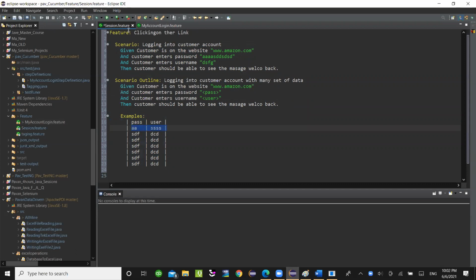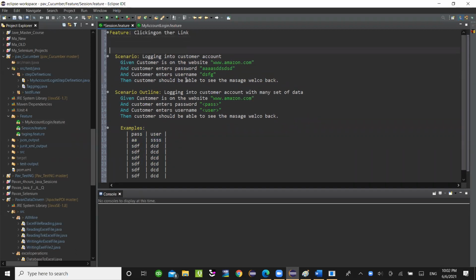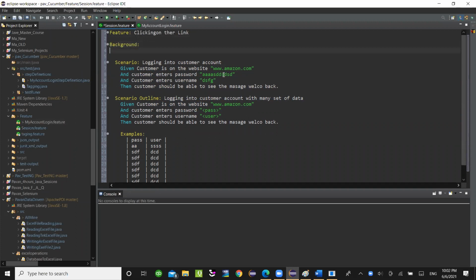If they ask you to write, you should be very fast. Not fast, just to know. And imagine you have two scenarios: given user is on the website, given user is on the website. So you need the background keyword. So we use the background keyword for what? For any step which is repeated. So I'll put this here, and then I'll delete this one. I don't need it because